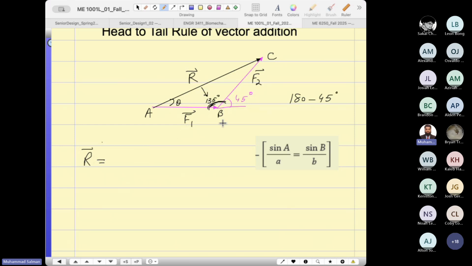So R squared equals the sum of the squares of the two adjacent sides, F1 squared plus F2 squared minus 2 times